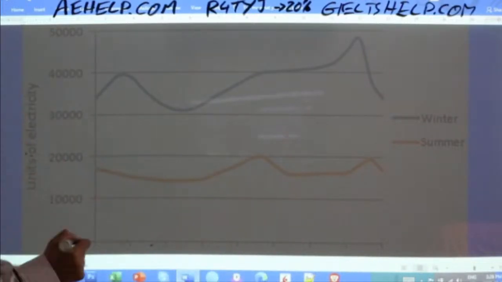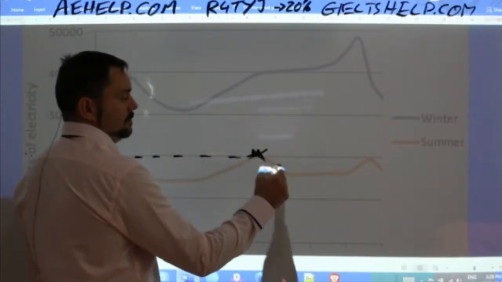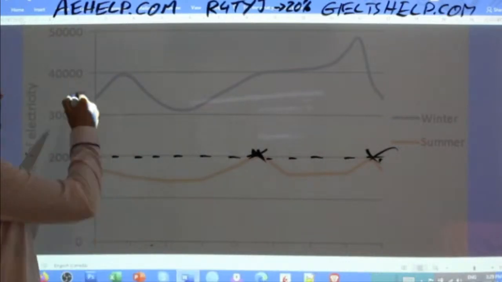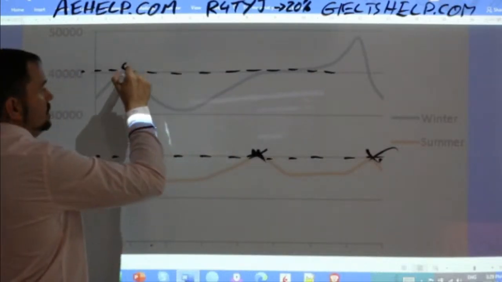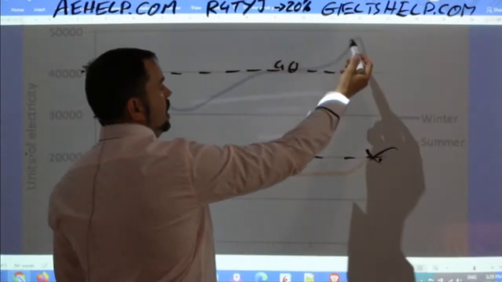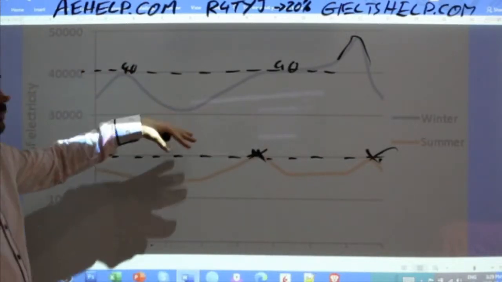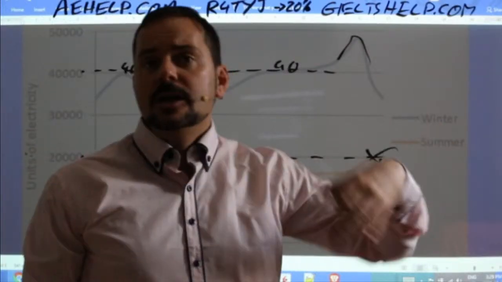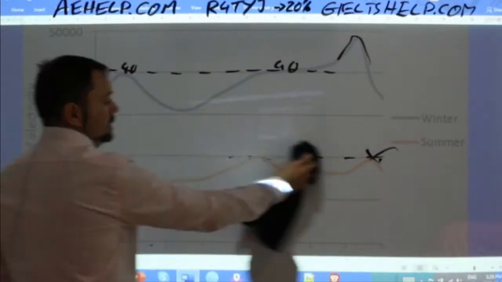Here we see summer peaking out at 20,000 units, right? 20,000 unit peak, 20,000 unit peak. We see that at first glance. Here we see winter touching 40,000 at 2 points here, and then even going above. So it appears that winter in most cases is at least double that of summer for energy consumption. That's definitely one of the main features, okay? And then, as many of you correctly stated,